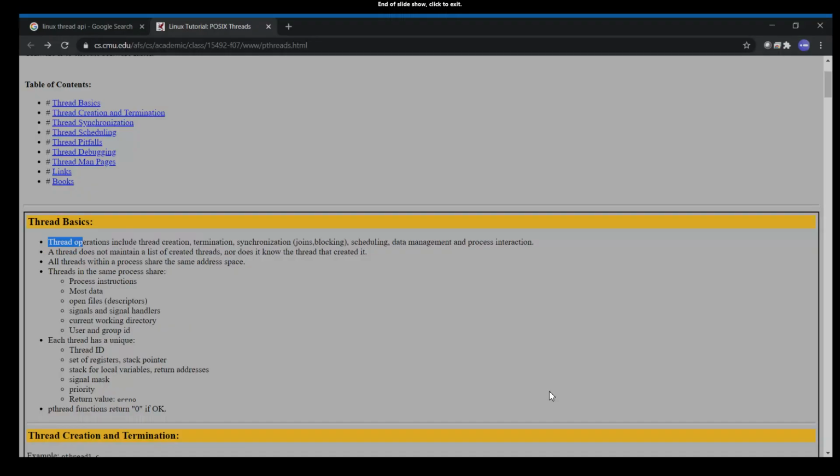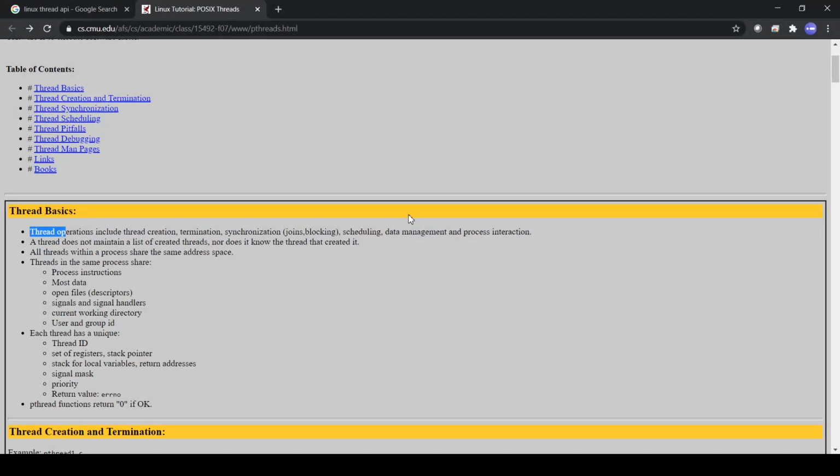So let's start and try to understand what is thread. If you Google about thread, you will get multiple websites and multiple information about the Linux thread. But here I would recommend you all to use this website because this website has all the required information about the thread. So here I am not going to explain all the theory. We'll quickly understand the main topics and major components of the thread and we'll jump onto the practical.